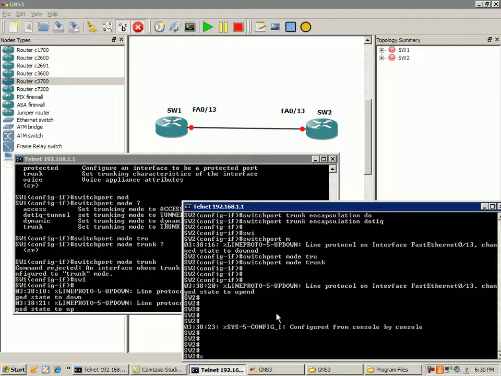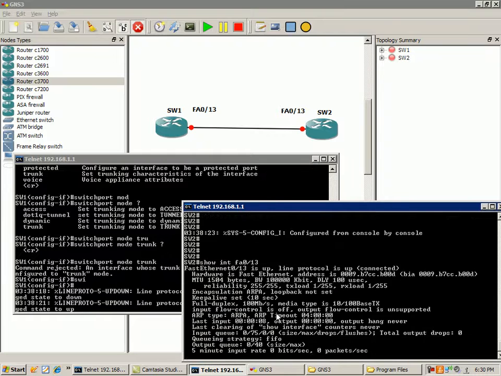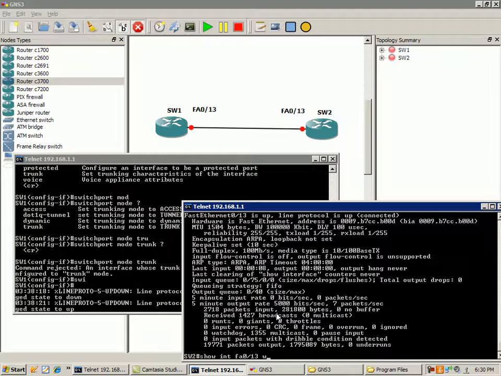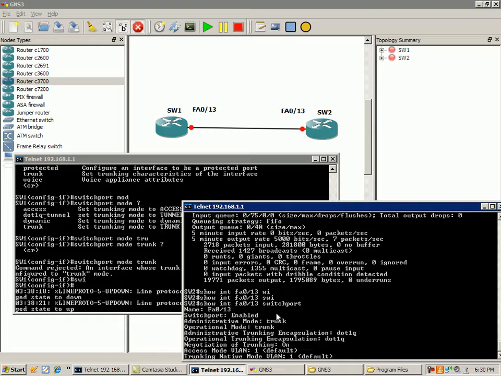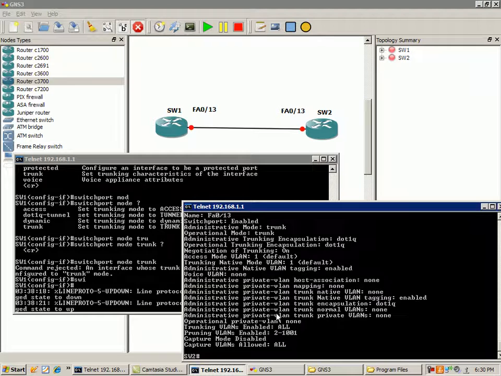And what we'll see here on switch 2 is if we do a show interface FA0/13 switchport, as you can see here, enabled. The administrative mode is trunk. Operational mode now is